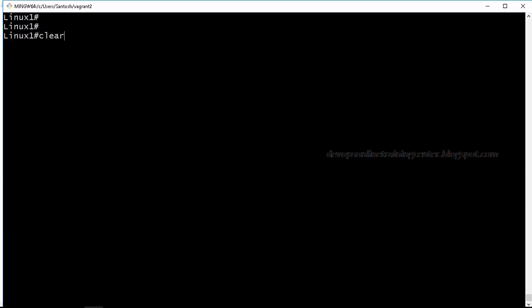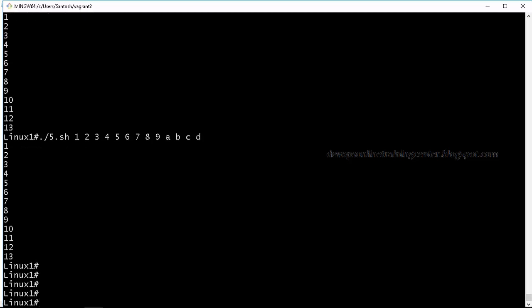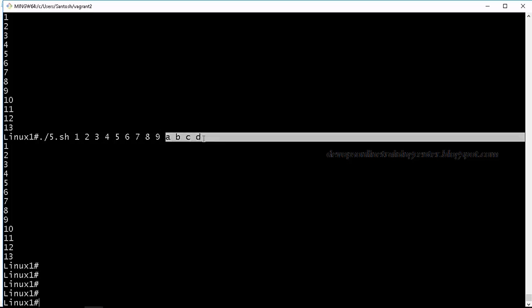See, previously I have given this, it worked. Now I have given ABCD. Still it is giving 10, 11, 12, 13. Right, so is it working as expected? It's not working, right? ABCD, it has to print ABCD.